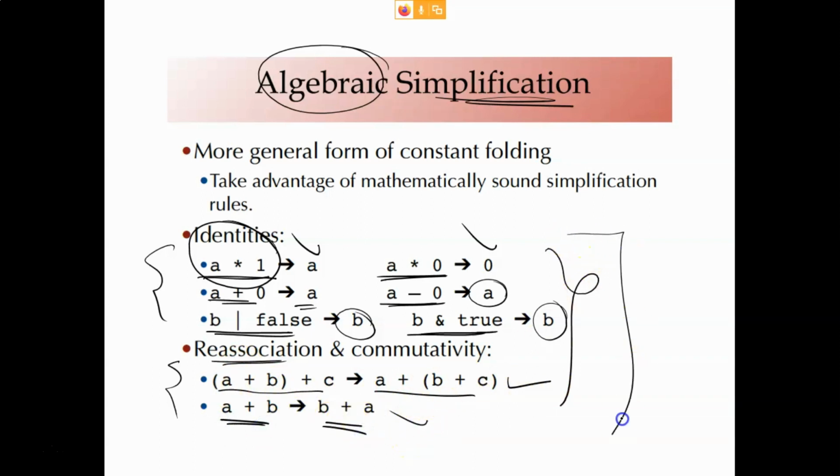So it depends on your strategy. Remember, these are just optimization ideas. How do we implement it? Okay, that is a practical issue. Right now we don't care about the practical issue. How do we implement it? How we will get to know when to do these, when not to do these. Those things are practical issues, but this is one idea of optimization, algebraic simplification.